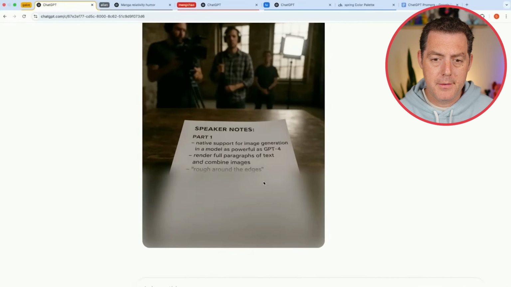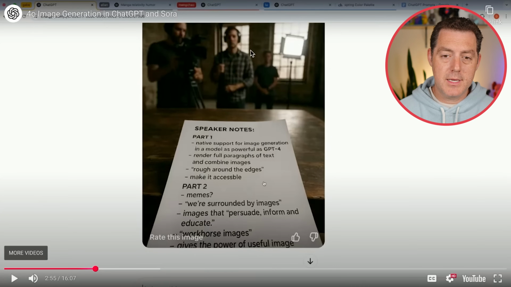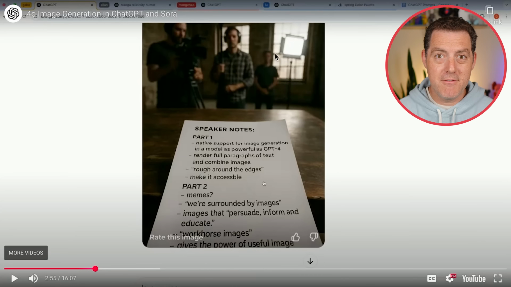So it seems to have gotten all the text. I don't see any typos. All right, take a look at this. Absolutely incredible. We have blur in the background. We have increasing blur the further away from the camera, whatever the invisible camera would be. We have the lighting right there. We have perfect, absolutely perfect shine onto the table. All of the text here is accurate, crisp, no mistakes whatsoever.